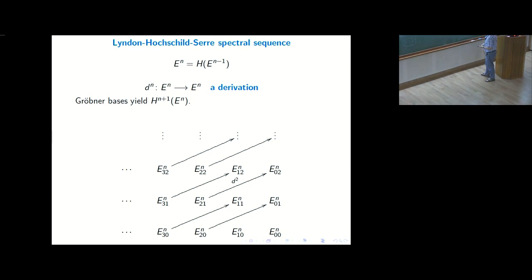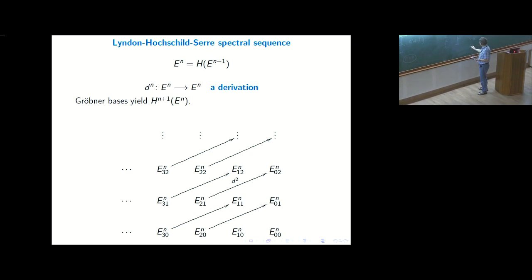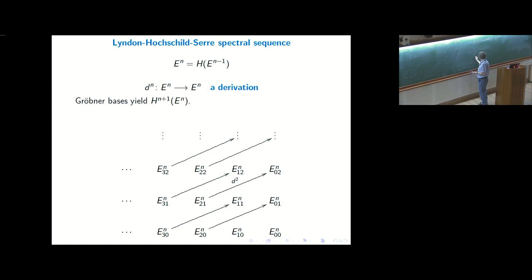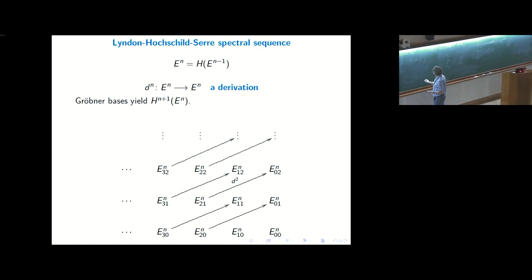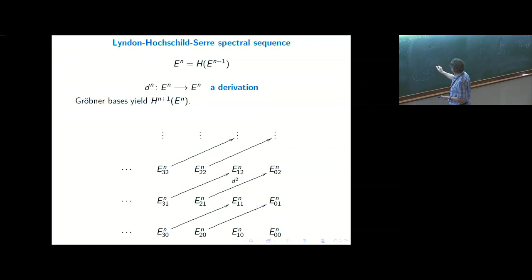But it is actually a module homomorphism. If you take inside E the subring generated by all squares of generators, x2 squared and so on, E is actually a finite dimensional module over this, and you can use Gröbner bases to find the kernel of